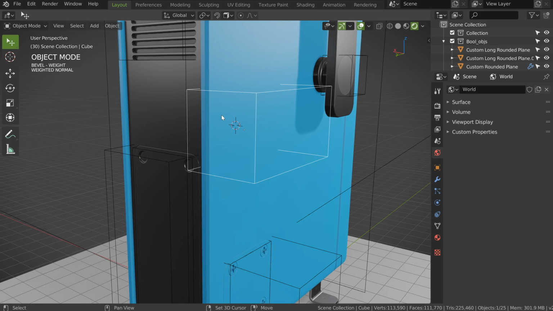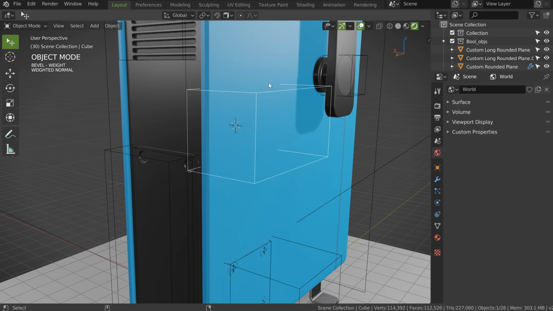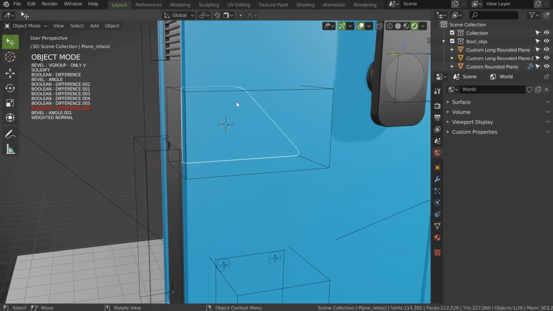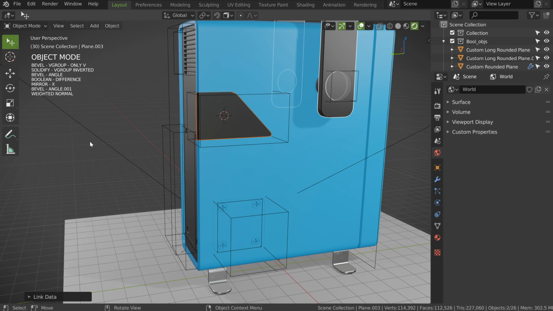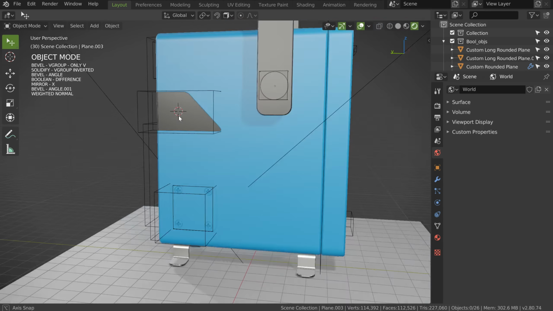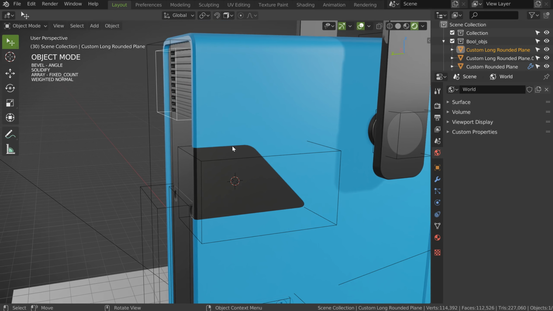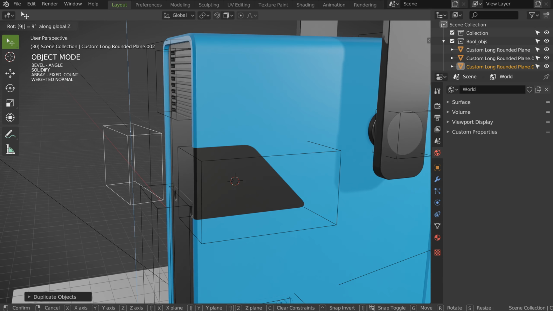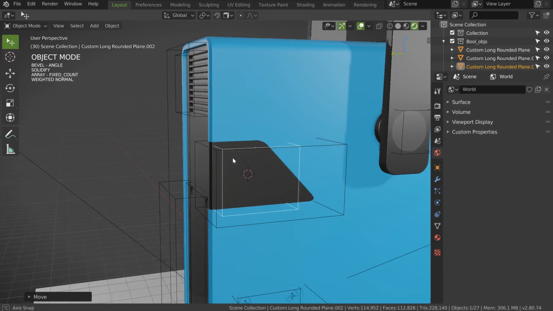I removed it. So I will select this one, press Ctrl and Alt and click. And boom, now I have this one, and this one I can copy, or maybe not this one, but this one. Ctrl L and materials. Voila! And maybe on this one I could duplicate this. I will press Shift D.